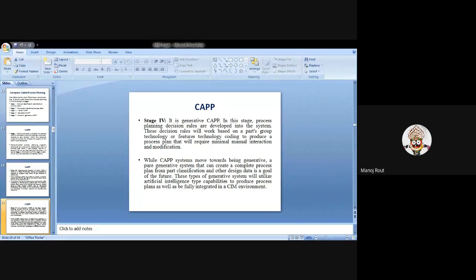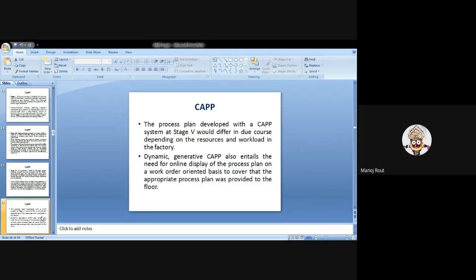Because by synchronizing computers with your machines, the artificial intelligence will be capable of producing the process plan, which is fully integrated with your computer integrated manufacturing environment. Due to that, you can enhance the precision as well as the quality of the product. And the last one is,